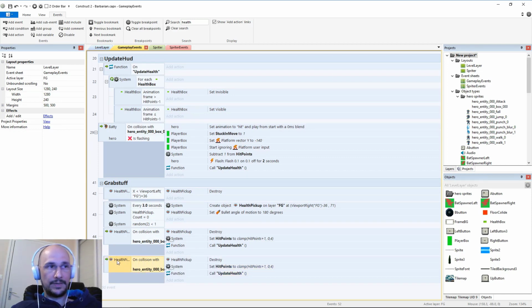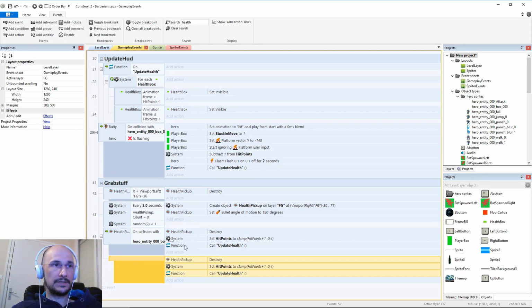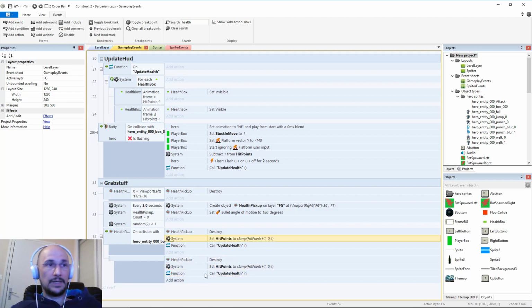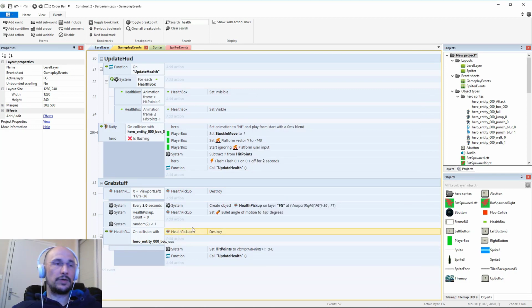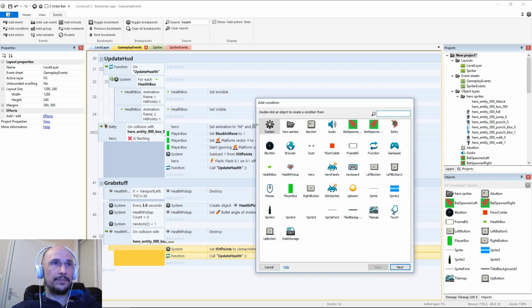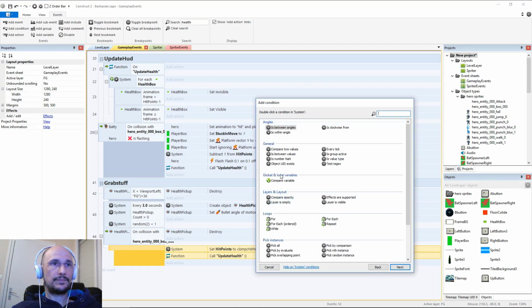Oh, okay, no problem. Delete that. Make that a sub event. And this is universal. Destroy it. That's universal. Update health is not necessarily universal. And okay, so I'm getting rid of this and I'm getting rid of these. So we're definitely always destroying it, but now the difference is we're going to say if health points, compare